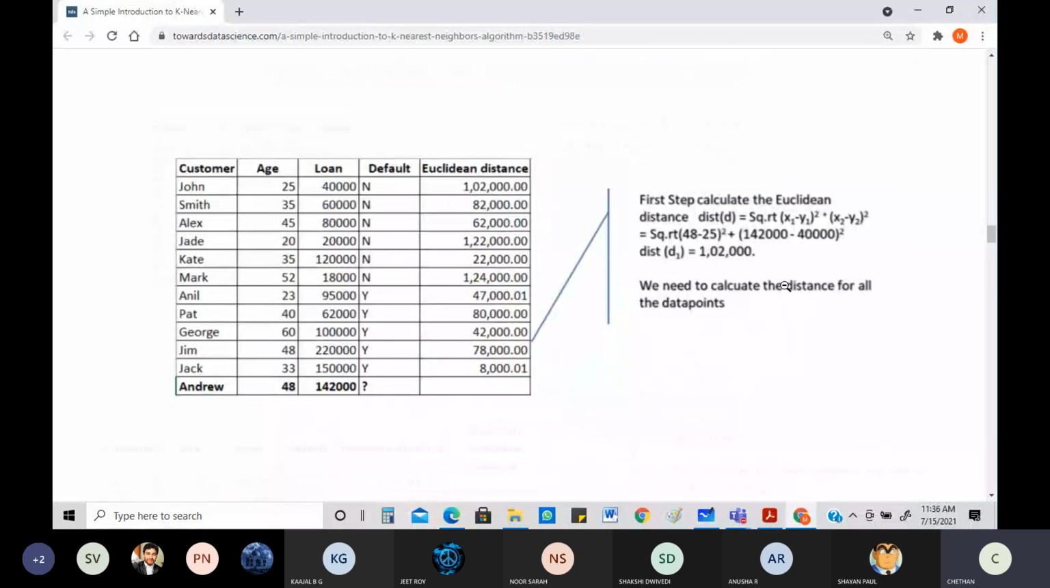If you figure out the Euclidean distance for each and every person, you can easily figure it out. The first step, I told you, is this. The ones which you see right here, that's what I did. Square root of x1 minus y1. What is x1? The one that you needed here is with regard to 48. You compare that with 25. Then 142, you compare that with 40. Okay, and then you get a distance